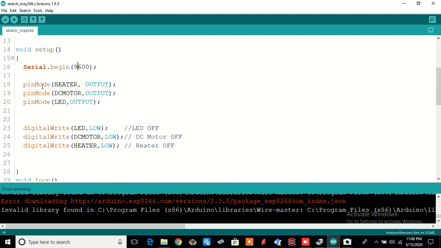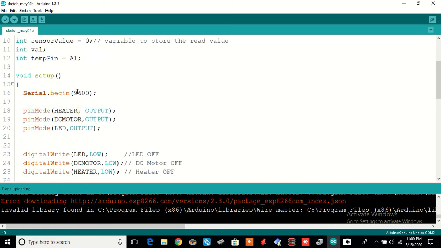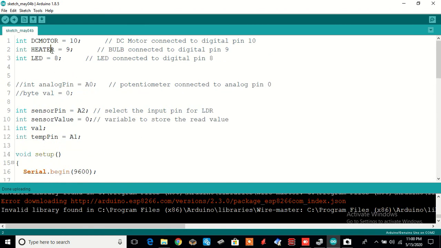Then about the pin mode, I already explained that every general purpose input output line has to be configured first, whether it is an input or an output. For example, heater and DC motor are outputs. Heater means pin number 9, that is D9 of the microcontroller.